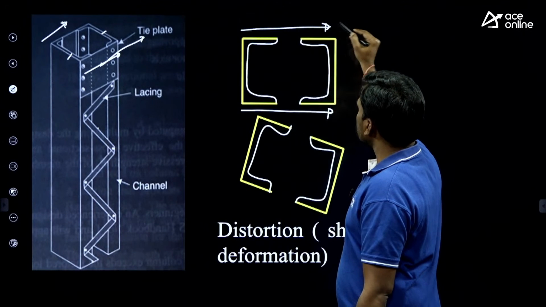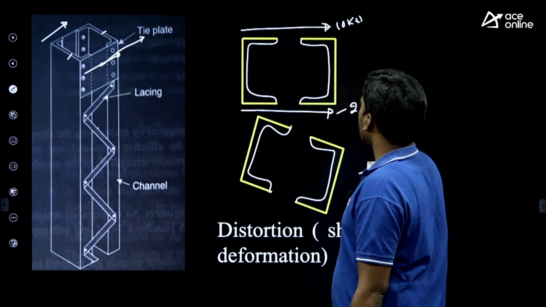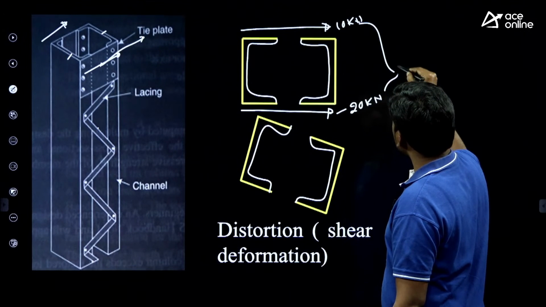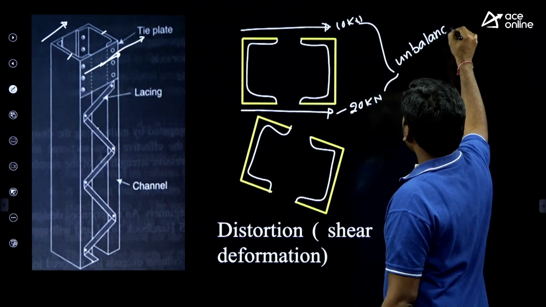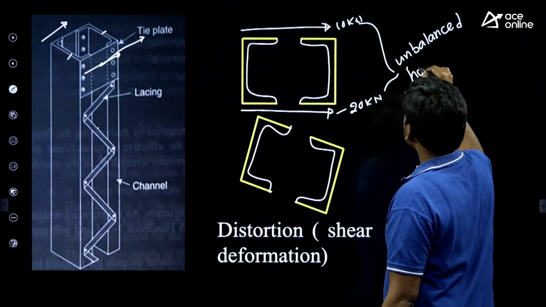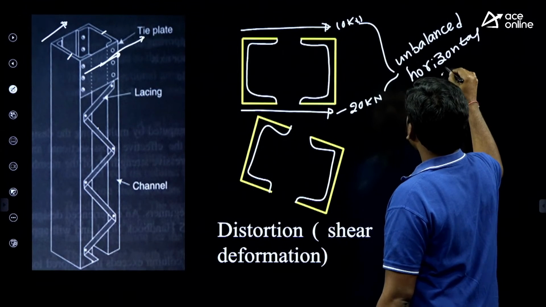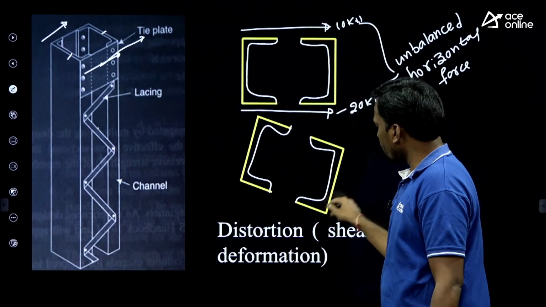For example, if this horizontal force is 10 kilonewton and this is 20 kilonewton, because of these 2 unbalanced horizontal forces,